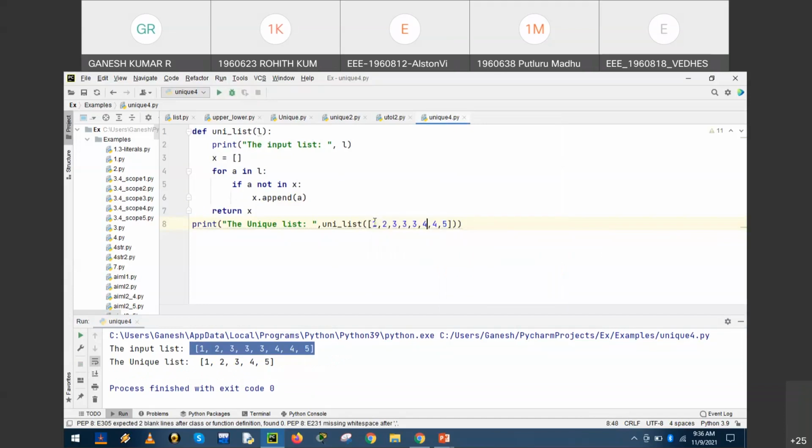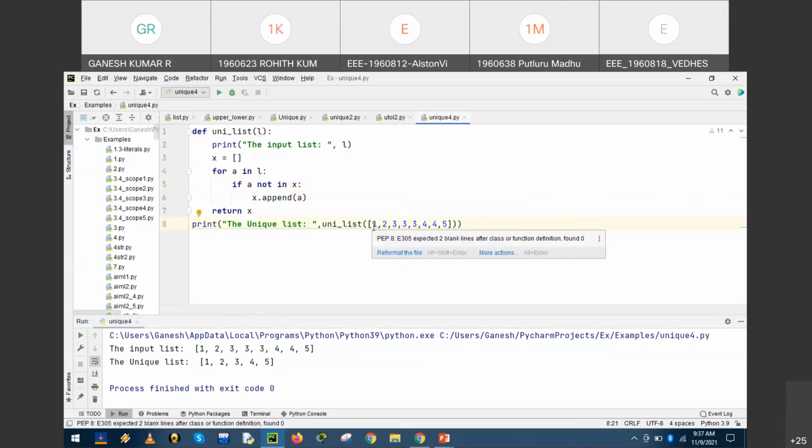With the provided input, the function calculates the unique elements with the help of the keyword not in. So from the list, the unique data 1, 2, 3, 4, and 5 are displayed.